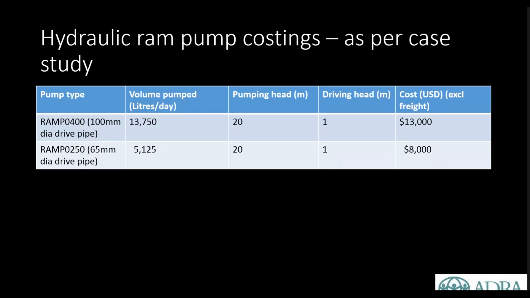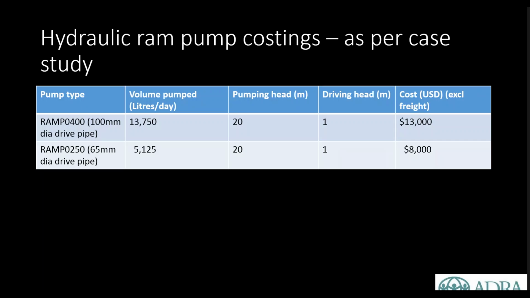So if you had... Yeah, go ahead. Sorry. It means that 1 meter of difference between the water tanks and the pump is 1 meter. The water will go 20 meters high? Yes. So for every 1 meter, you can lift 20 meters. So if you had, say, 5 or 6 meters of driving head, then you could lift 100 or 120 meters between the pump and the tank.